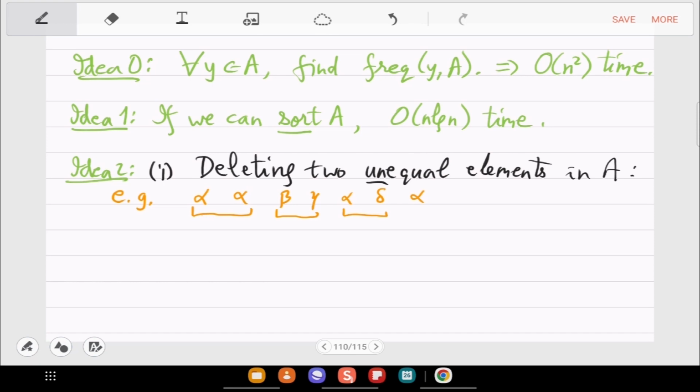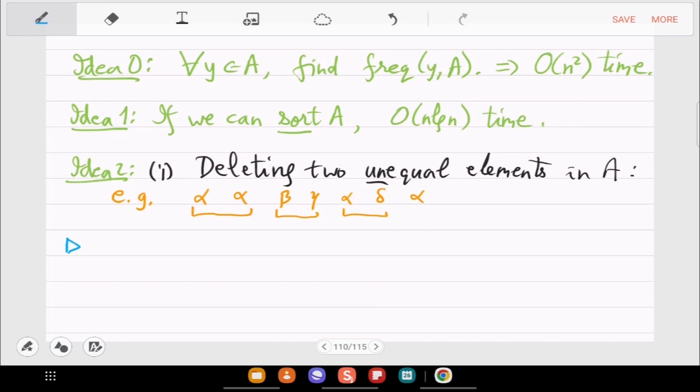Yeah, so you have to do the proof properly. Don't get convinced too fast. You have to show that when alpha was a half majority, it remains a half majority. And if there was no half majority before, then after deletion also there is no half majority. Right? You have to prove both sides. So do it at home.